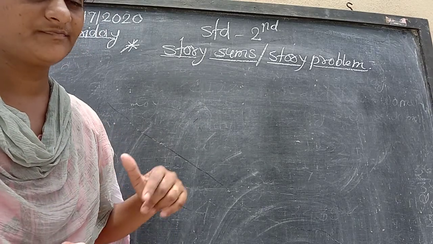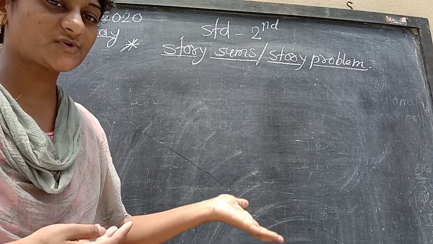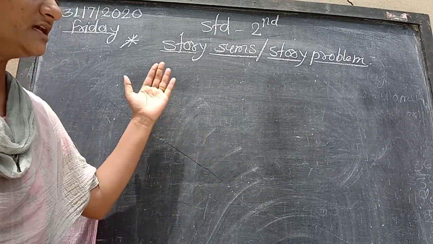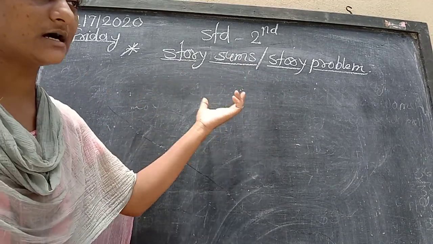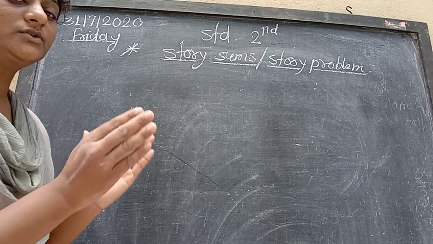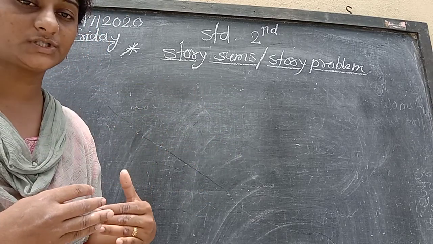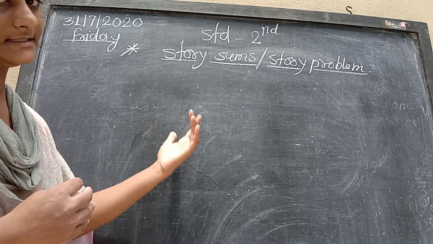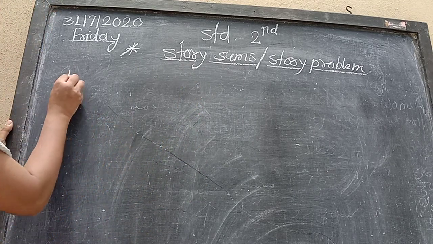How to solve that? Story sums means, do you know, students, you have learnt stories from your father, from your mother, from your grandparents also. This is like a story given in the example, but from this example we have to find out the data. It means what is given particularly in the question, and by this we have to solve the examples. Okay, let's see now.